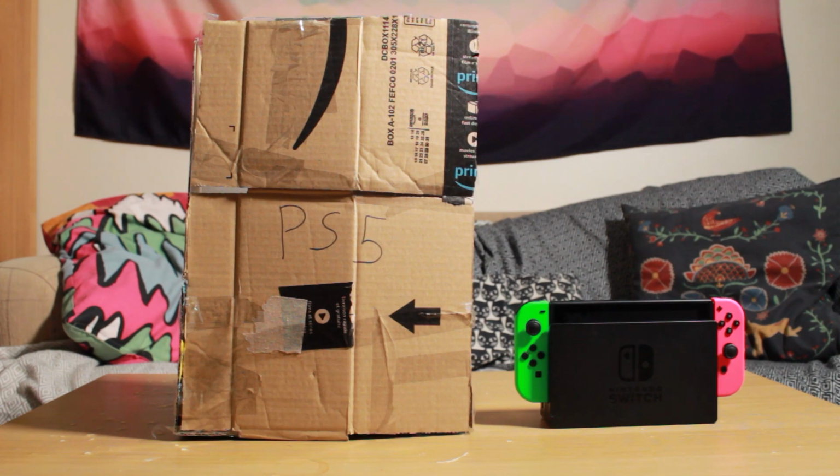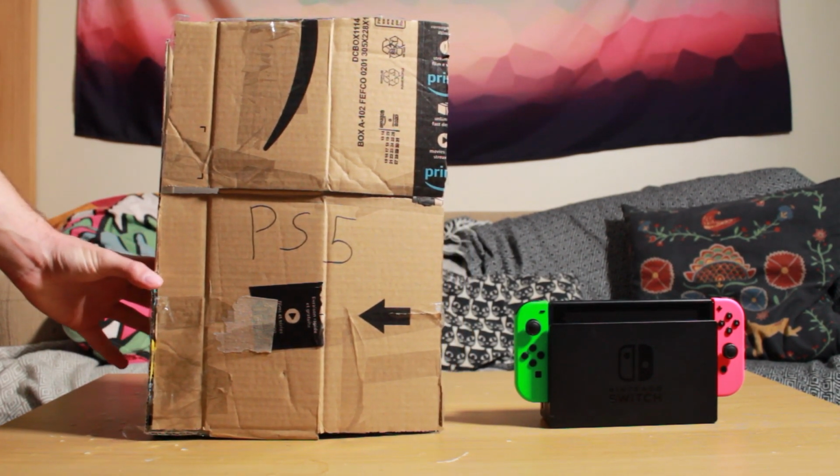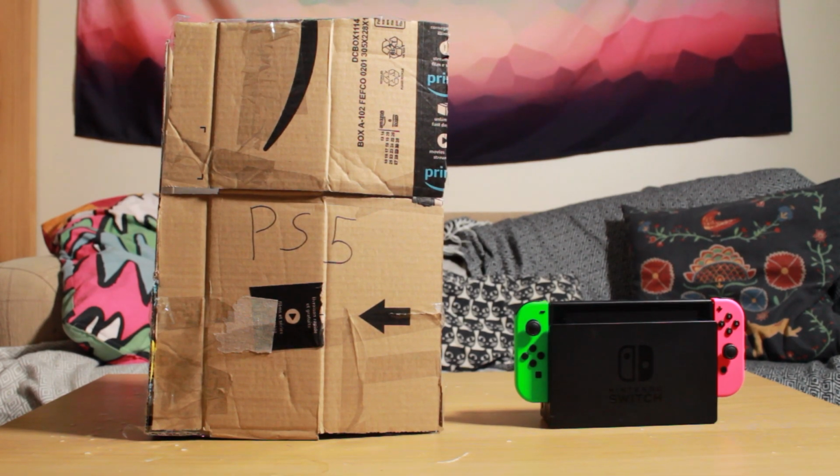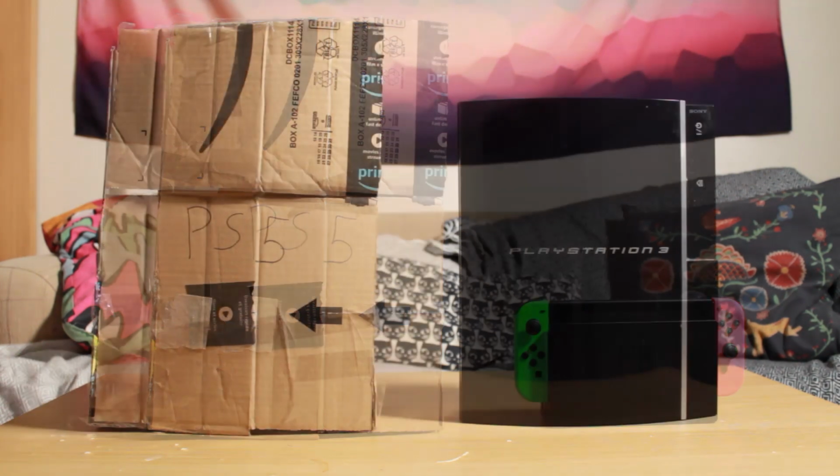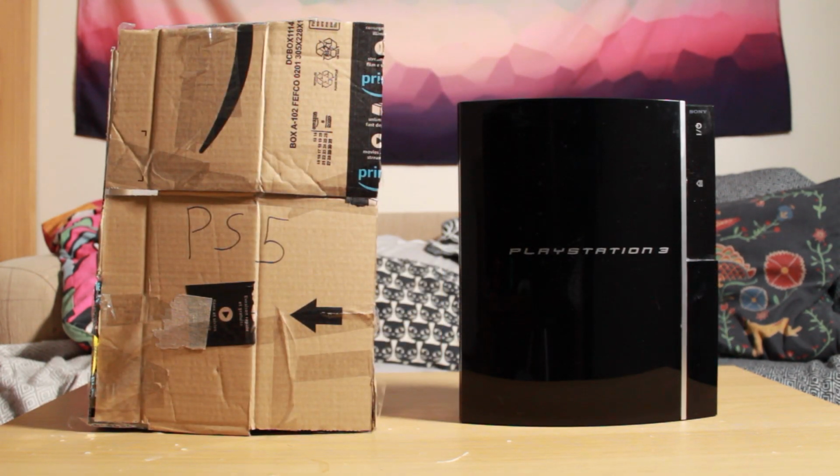So I'd already set up my camera, so I thought, well, how much bigger is the PlayStation 5 compared to other pieces of tech? Here it is next to a docked Nintendo Switch. Like I mentioned when we were talking about the render earlier in this video, the PlayStation 5 is absolutely about 3 times as tall as a docked Nintendo Switch, and here it is next to the original design of the